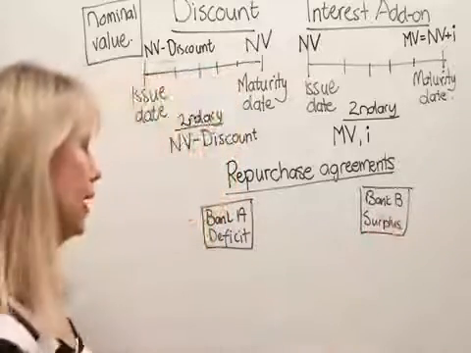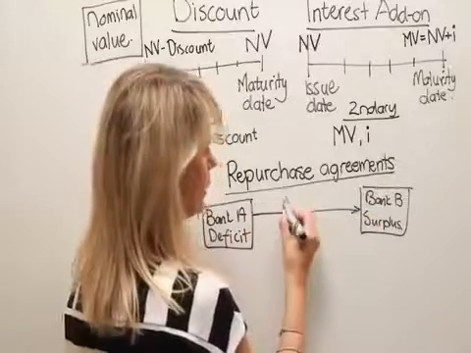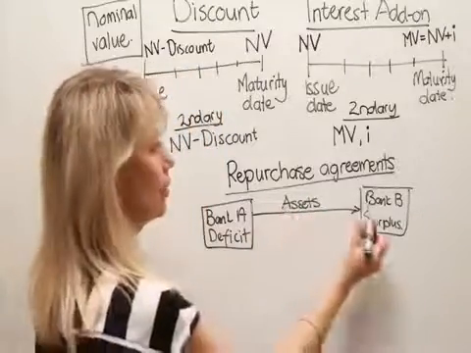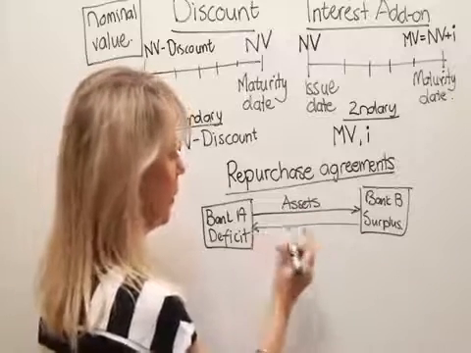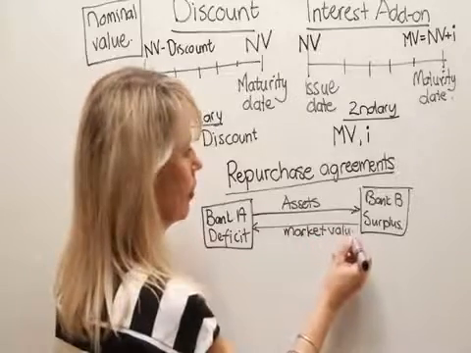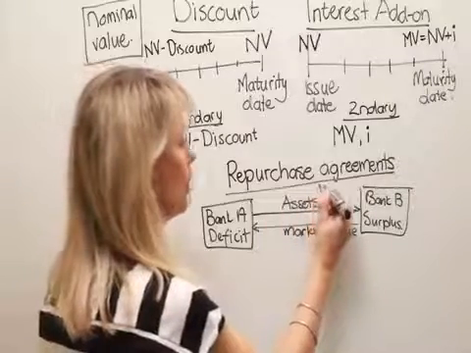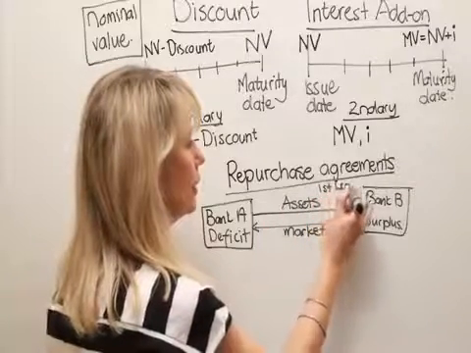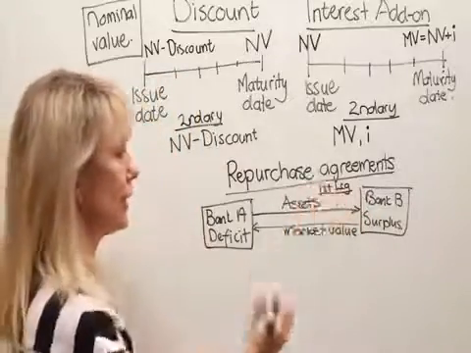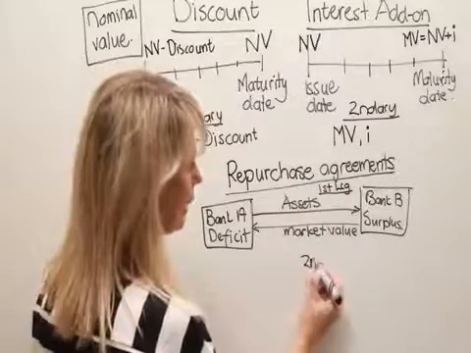Now what happens is that Bank A sells certain assets. We call these the underlying assets. They sell these assets to Bank B and they will receive the market value of these assets from Bank B. This is called the first leg of the transaction. And because it's a repurchase agreement, already when this first leg takes place, there is an agreement in place that in the second leg,